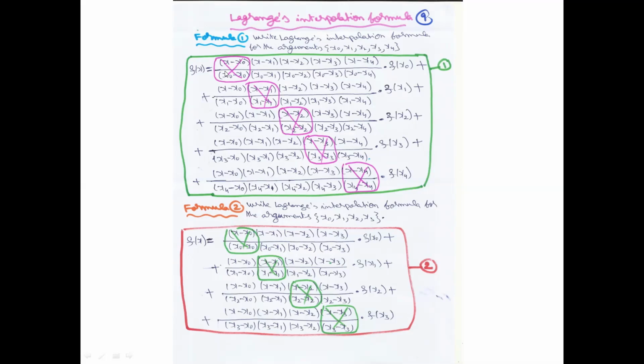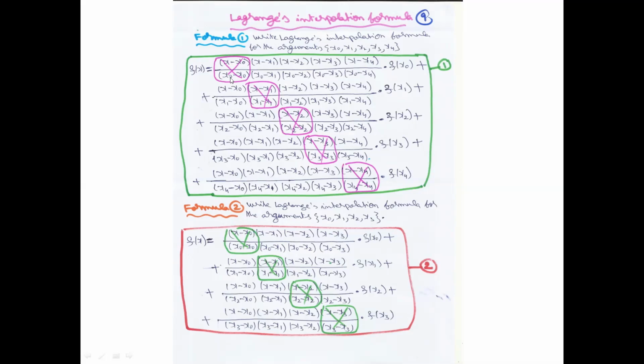But observe this. After writing this formula, I strike off two factors. A numerator factor is struck off, and quite opposite in the denominator. In the next term, again a numerator factor, and quite opposite in the denominator. Why have I written them? Without writing these factors, you can write the remaining factors straight away. But to avoid confusion, it is better to write first and then strike off the respective factors.